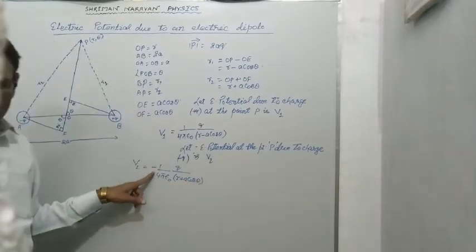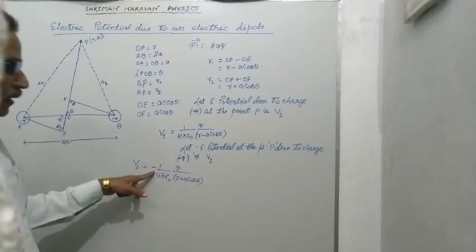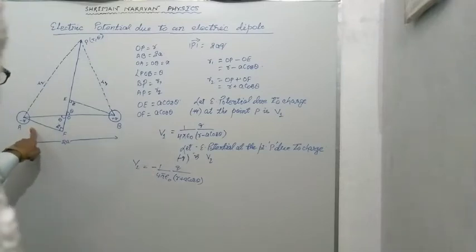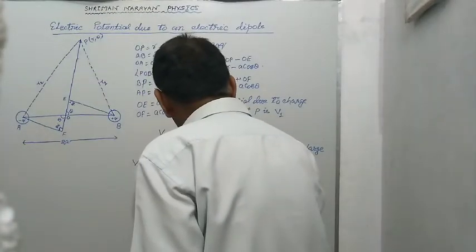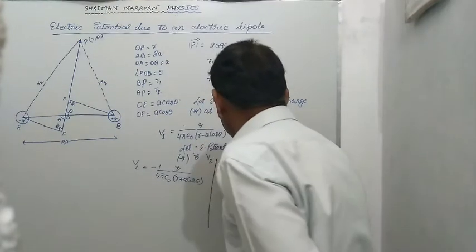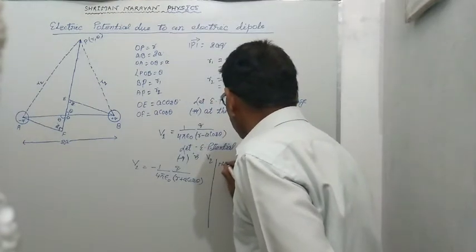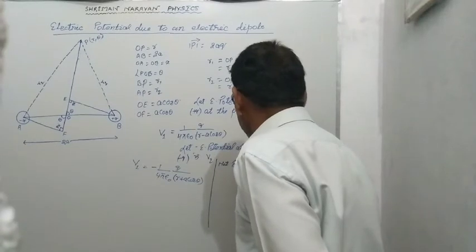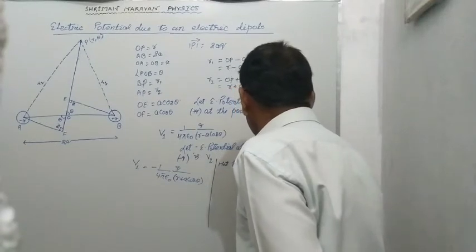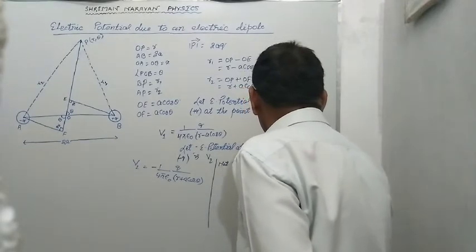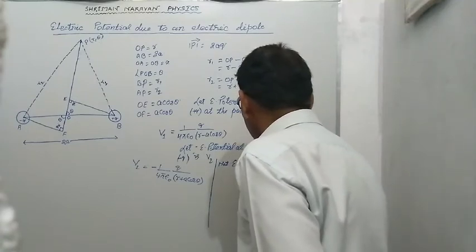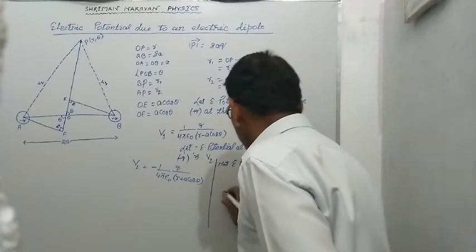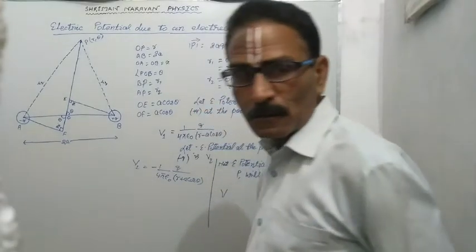Why have we put the negative sign here? This is because the charge is negative. The charge is minus Q. Now, the net electric potential. So what will it be? See here. The net electric potential at the point P will be V equals